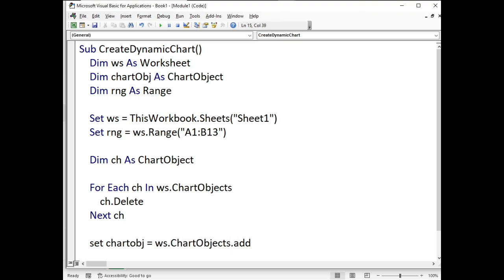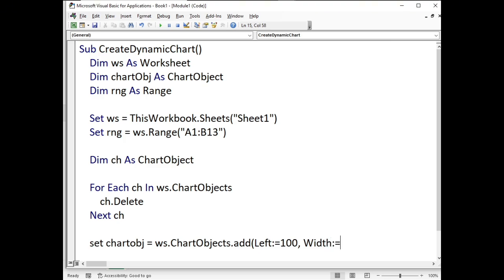Then I'm going to include the dimensions of the chart. I'm going to start with left, colon equals 100, comma. Next is width, the width of the chart,